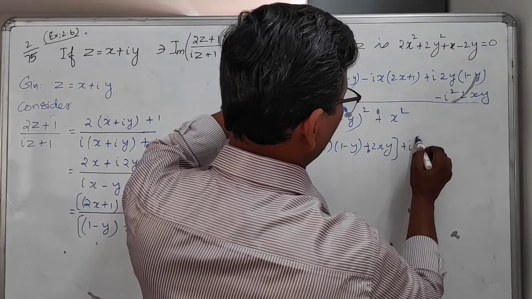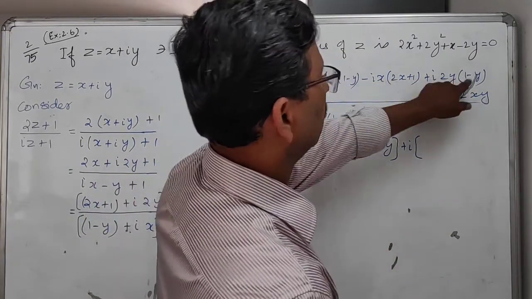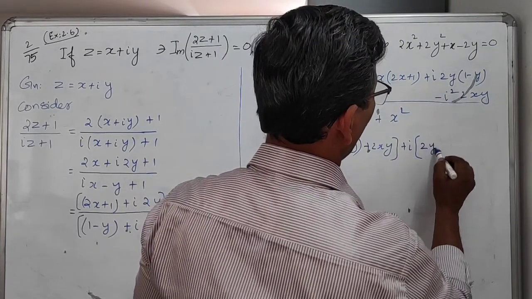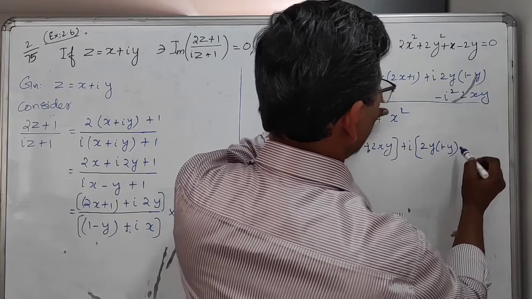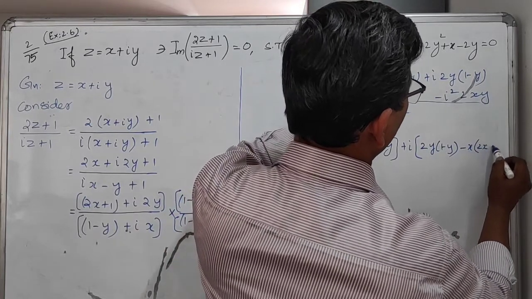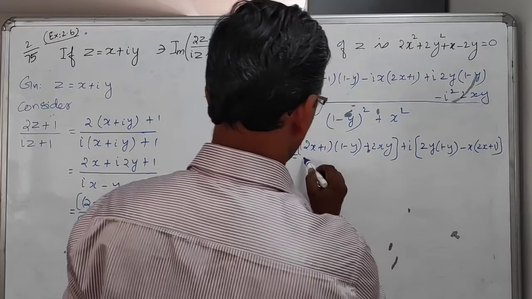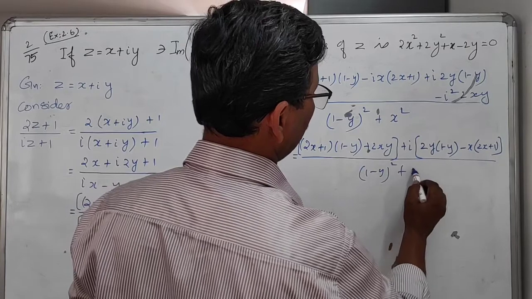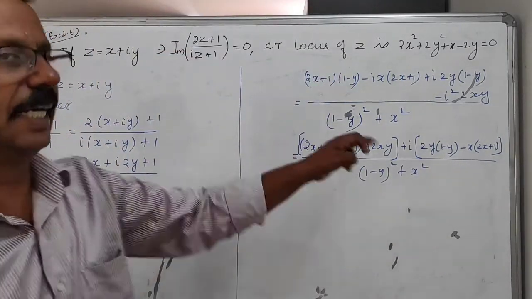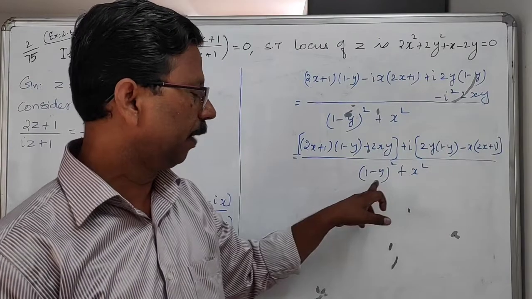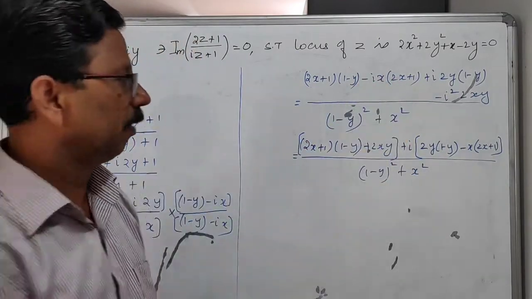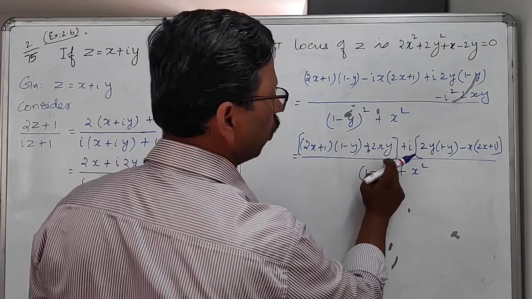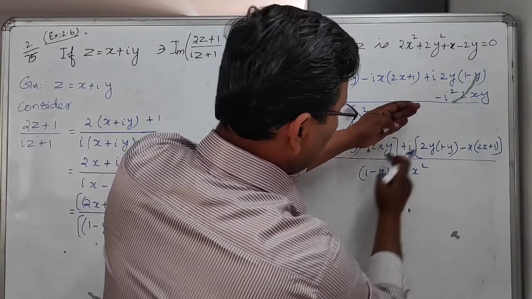Then plus i into the imaginary part. What are the imaginary parts? Here you have taken i outside. Therefore, first you can take the positive term. You can write 2y into 1 minus y, then minus x into 2x plus 1, whole divided by 1 minus y the whole square plus x square. Now it is in rectangular form, real part plus imaginary part. How do you write the real part? It is 2x plus 1 into 1 minus y plus 2xy by 1 minus y the whole square plus x square, which is the real part, and this can be taken as the